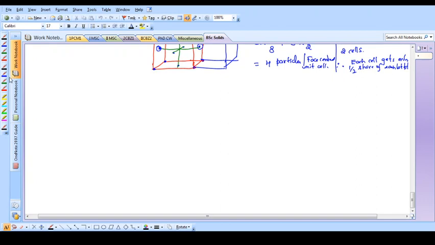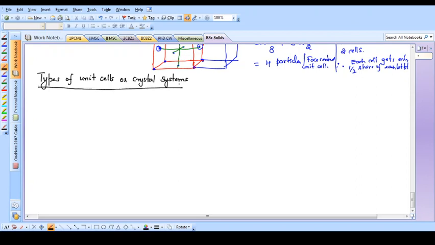In today's video, we will continue our discussion on the concept of unit cells. Okay, so today we will discuss types of unit cells, or sometimes called crystal systems. Types of crystal systems. Okay, in the previous class we classified unit cell as simple unit cell, body centered unit